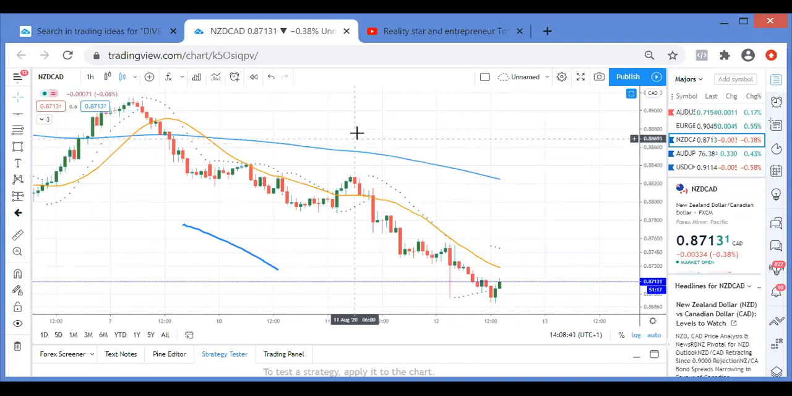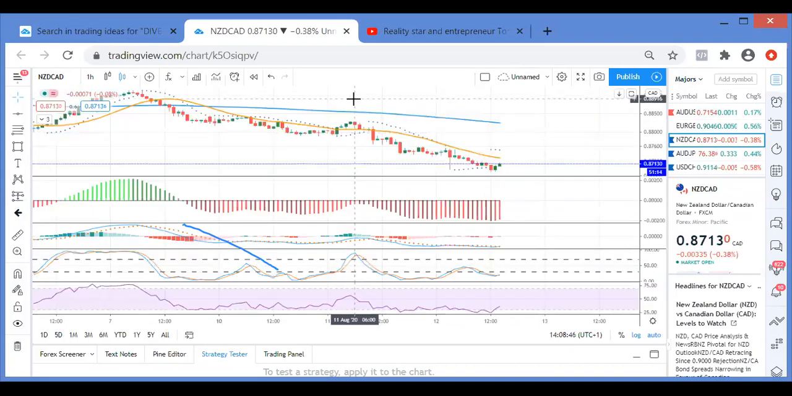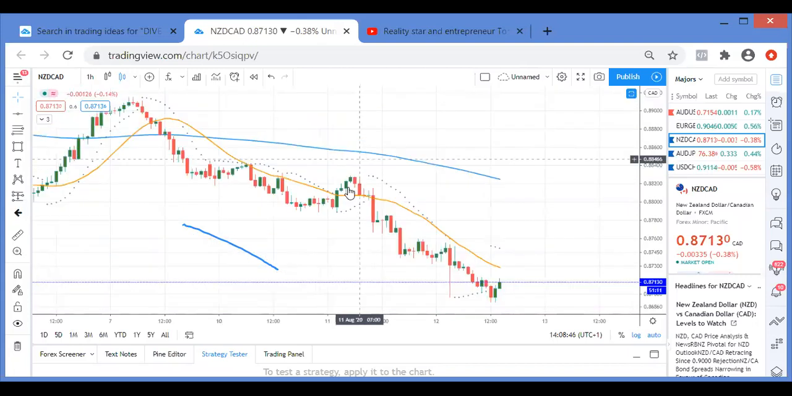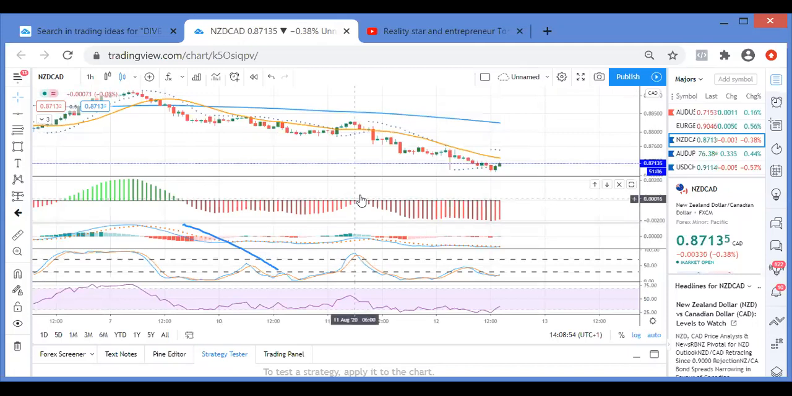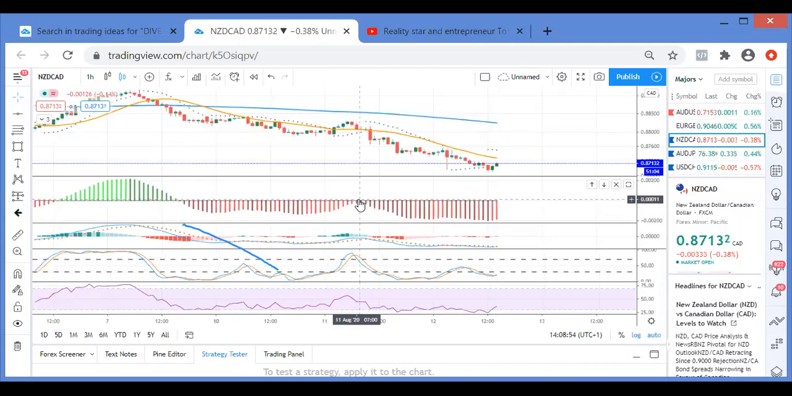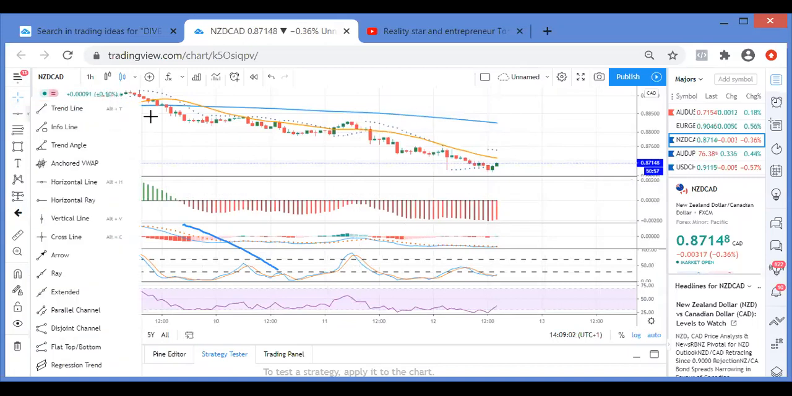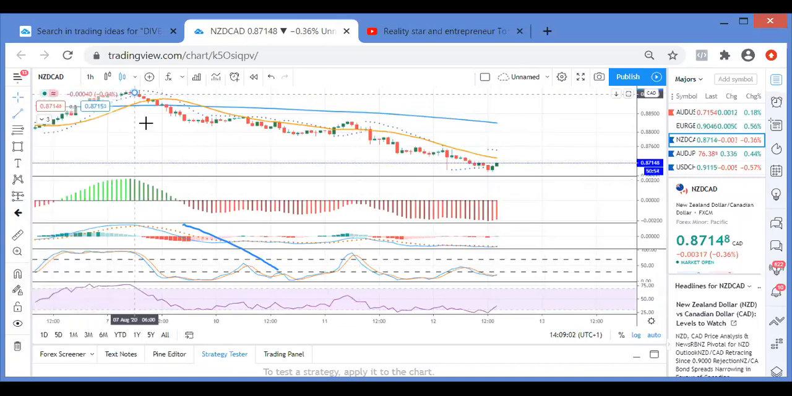Look at the MACD. I thought this was a high, but when I come to my MACD, is it a high? No, it's a low. It's red. My nearest high is this green here. And guys, remember, even though